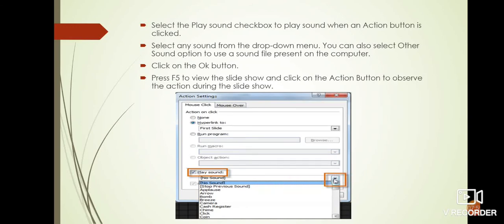Select the particular sound which you want to play when the action button is clicked, or if you want to use a sound from your system, simply click on the other sound option to choose any sound file present in your system. After this, click on the OK button and press F5 to see the slideshow.